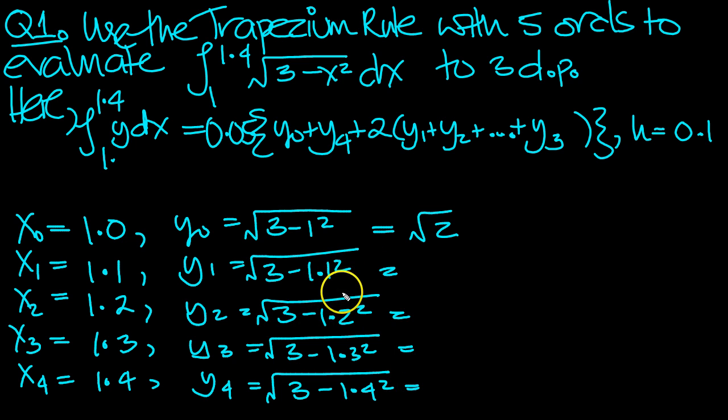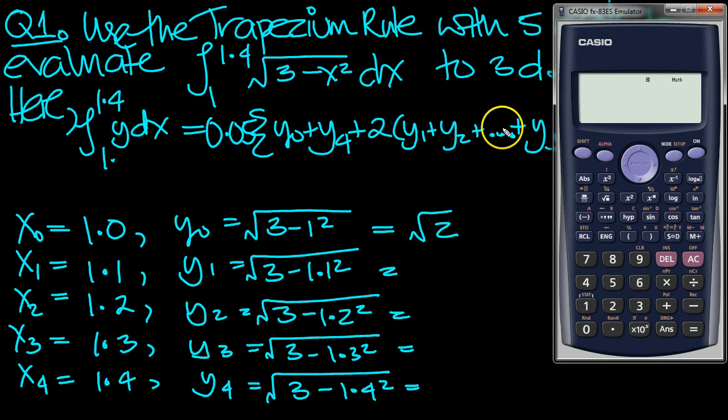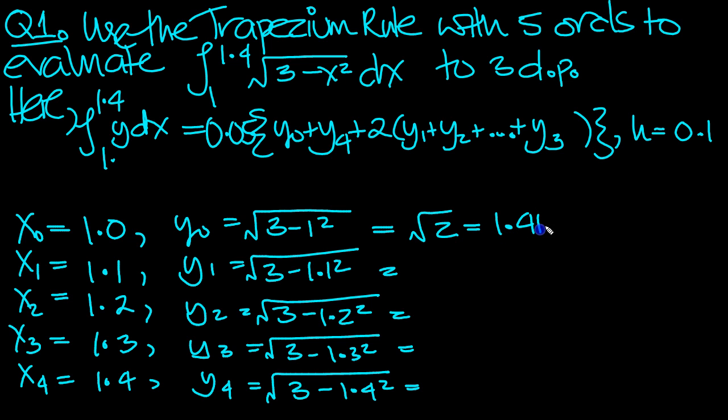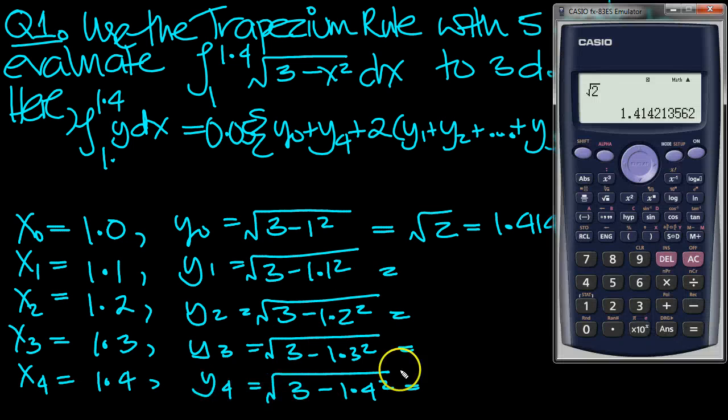So we need to type these in the calculator. We're working our final answer to 3dp, so it'd be good to work to 5dp. So let's just do the square root of 2. Let's see what we get there. 1.41421. So let's put that down. Then 3 minus 1.1 squared, square rooted. So it's the square root of 3 minus 1.1 squared, isn't it? Equals